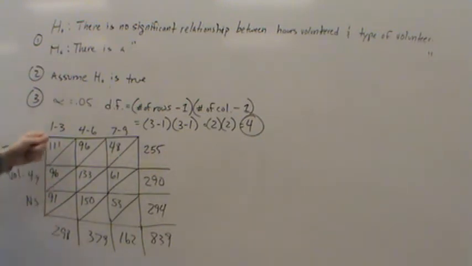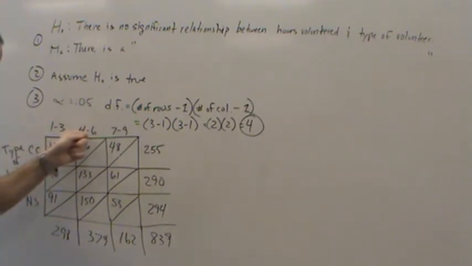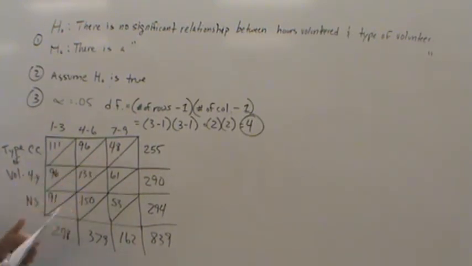Okay? And also vice versa. If we looked at the hours, the type of volunteer that volunteers 1 to 3 hours should be the same as the distribution of the type of volunteers for 4 to 6 hours, and so on. So that's what we mean by independence. And so that's what we're going to be testing. So now we're going to calculate each one of these